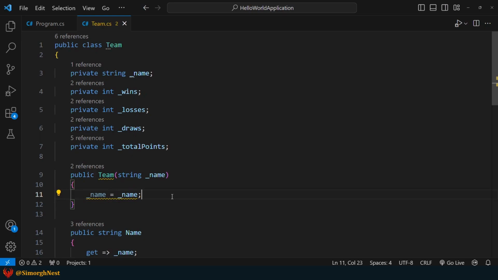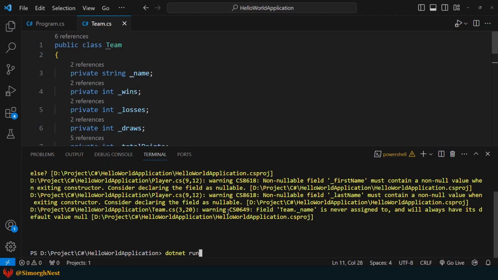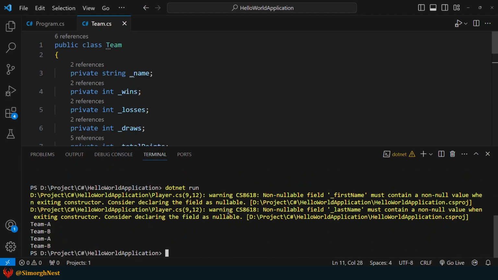To solve this issue, we can use the this keyword. By using this before the name field, the compiler can distinguish between the field and the parameter. Let's run the application once more. As you can see, this time we get the results we expected.